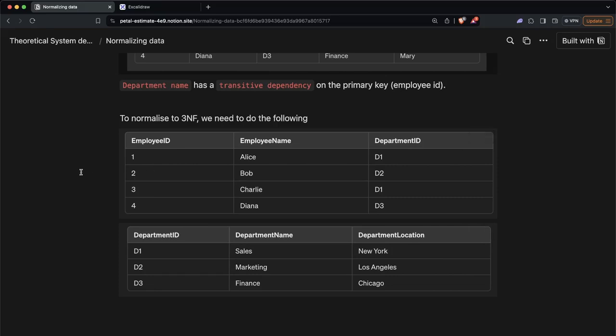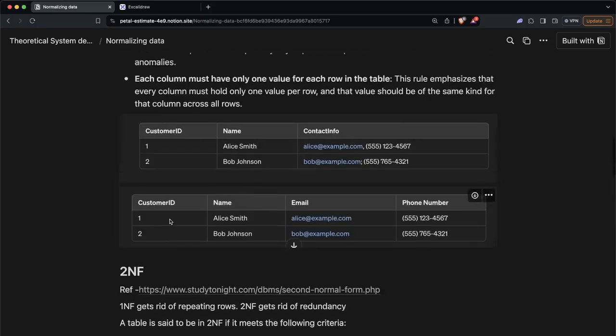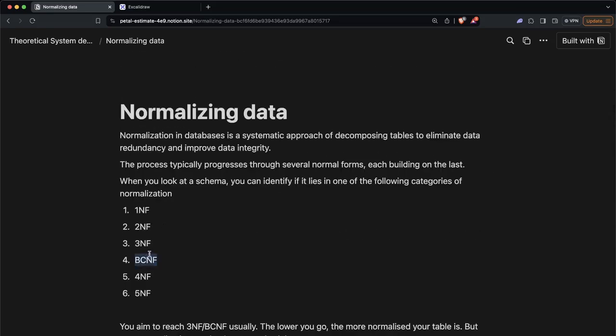This usually is good enough. You don't have to move beyond this. You can, but usually anything beyond this is asked in a DBMS exam in college. You can, and then similarly there are slightly more complicated rules to reach BCNF, which is the next stage, and then 4NF and then 5NF. But either one of 3NF and BCNF is usually where you stop and don't normalize further, because 1, it gets a little complicated, and 2,